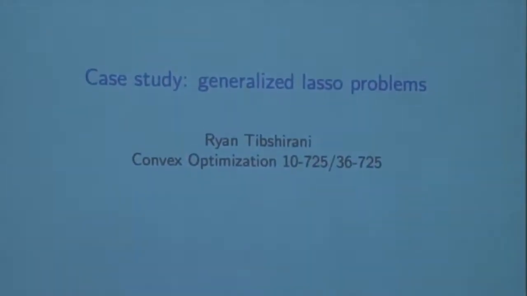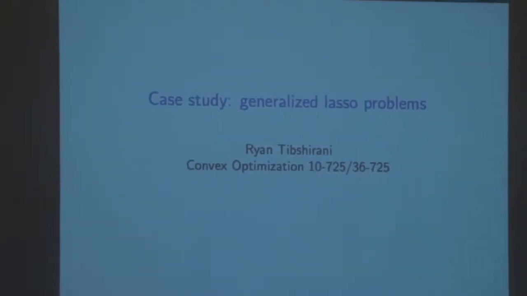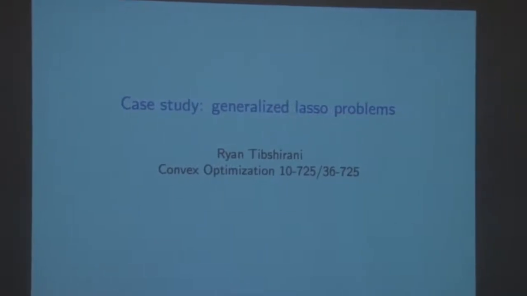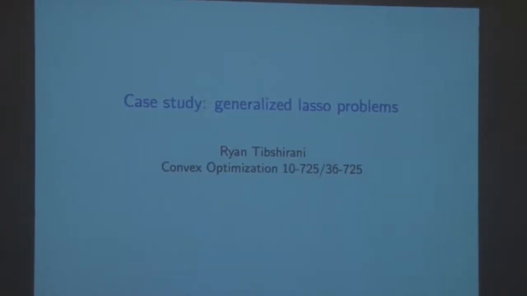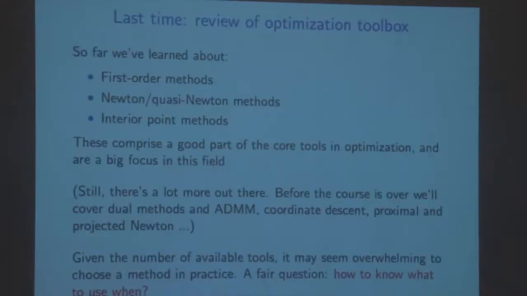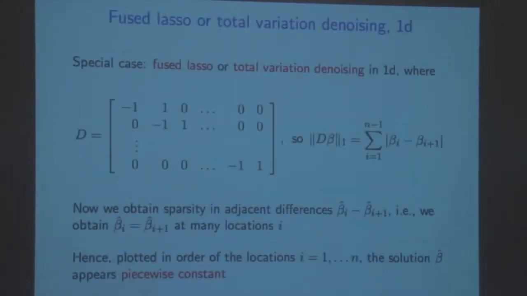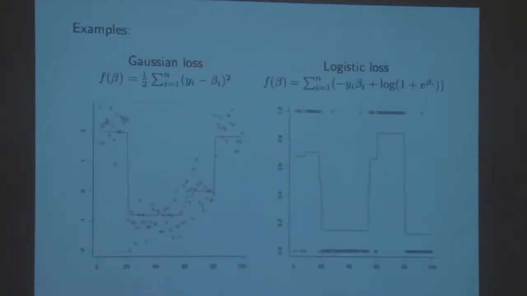So last time we covered about half of this lecture on a case study of generalized lasso problems. We're trying to see how to put together a lot of the algorithms we've seen so far in various instances of the generalized lasso, to give you an intuition for how you might go about doing this in your own research when you come across a problem that you want to solve. So keep in your mind the various problem cases that were interesting, like if the penalty matrix in the generalized lasso encoded pairwise differences, that corresponded to